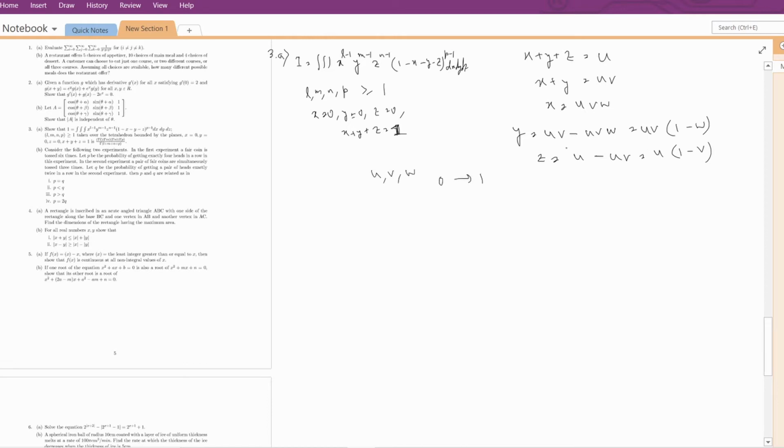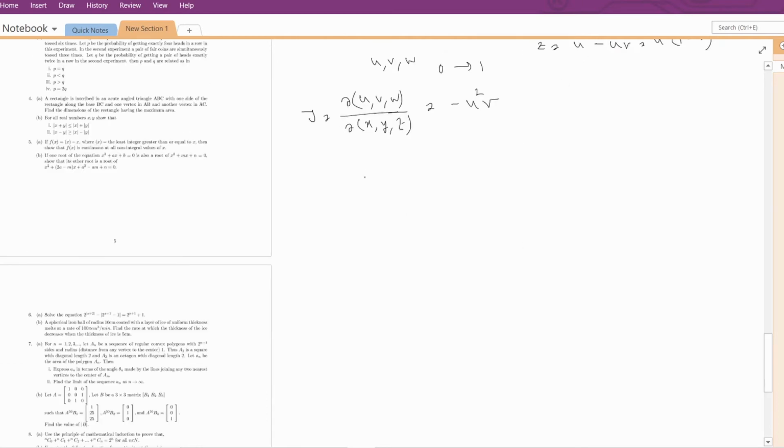Now for this transformation we have to calculate the Jacobian. The Jacobian J is del of uvw divided by del xyz. If you calculate this Jacobian, you will get minus u square v. I am assuming that you know how to calculate Jacobian. Now after this the integral would be triple integral, mod of J is u square v into the given expression,